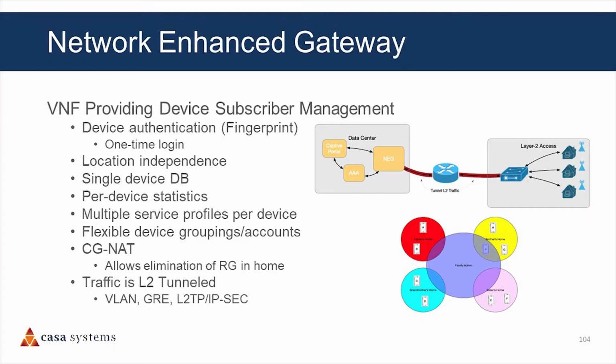These are the kind of things that become possible when you're looking at who you are, not where you are. So what we did was we partnered with another service provider, and we are working on essentially taking the work that the Broadband Forum did on TR-317, which many people have heard about, and TR-328, where they wanted to virtualize the home into the cloud, or virtualize the business into the cloud. We looked at this, and we looked at the aspect of subscriber management, and we came up with this concept, which we've labeled Network Enhanced Gateway.